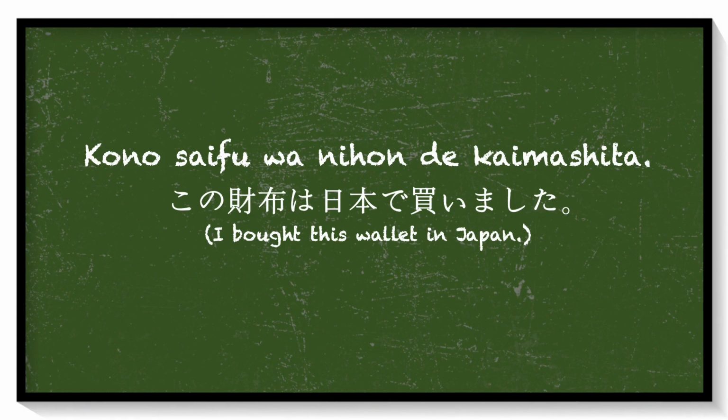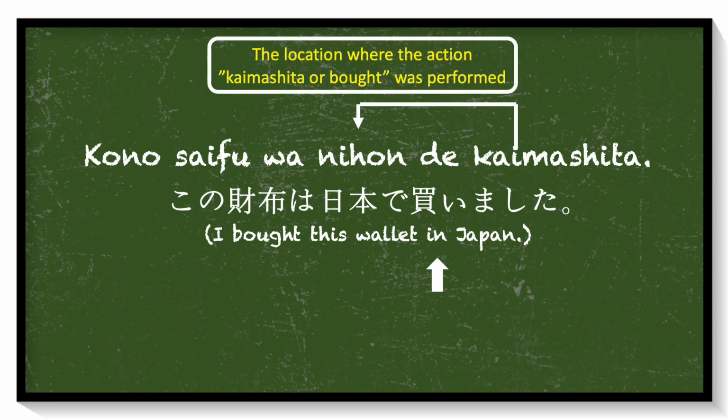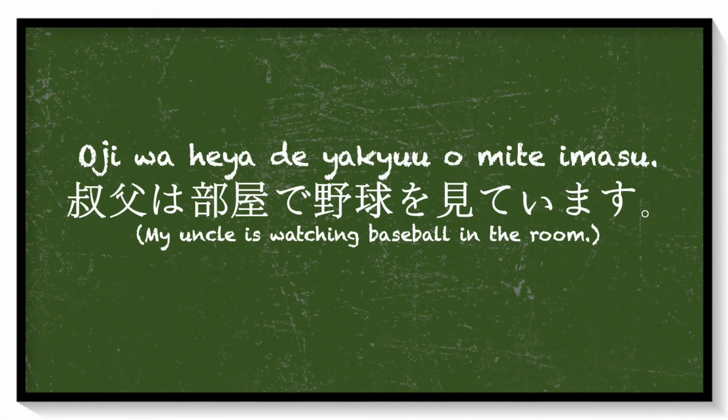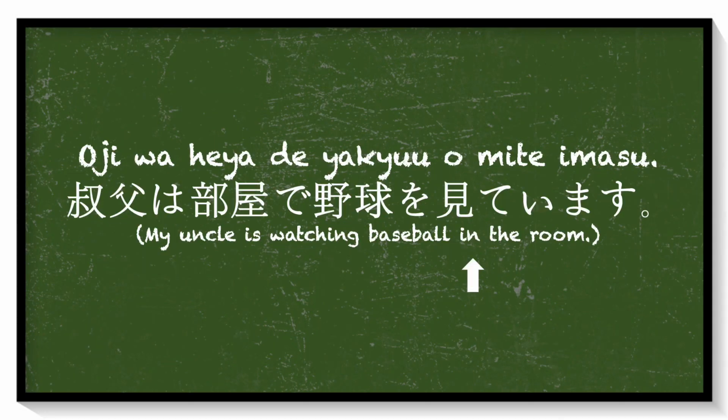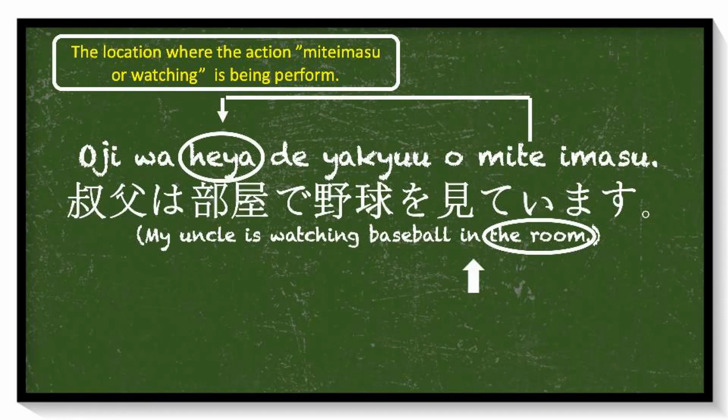Another example. この財布は日本で買いました。 Here, the action 買いました, or bought, was performed in 日本, or Japan. Another example. おじは部屋で野球を見ています。 Also here, the action, watching, or 見ています, is being performed in the room, or 部屋。